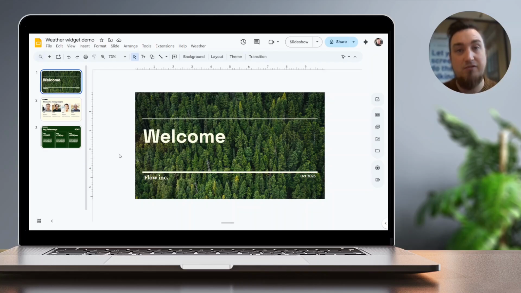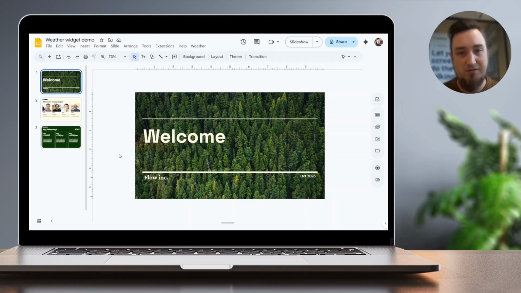But keep in mind that you can choose to write with an AI chatbot explaining exactly what you want it to do, and through a bit of trial and error, most people would actually be able to get a custom script up and running that works with Google Slides. But for this demonstration, I will be focusing on making my own custom weather widget to add to the footer